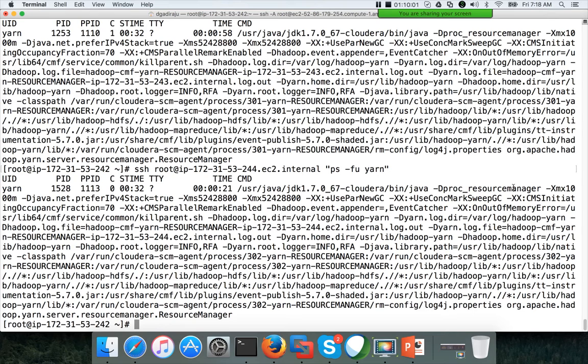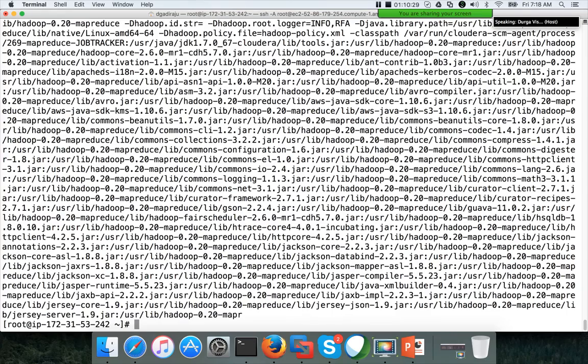And job history is related to MapReduce. Unless you set up MapReduce along with yarn, you don't see the job history server. So for example, if you are using a Hadoop cluster only for Spark without MapReduce, then you don't need to configure MapReduce too. You just configure yarn and integrate Spark with it. In that context, you don't need to set up the job history server. Job history server is only related to MapReduce.